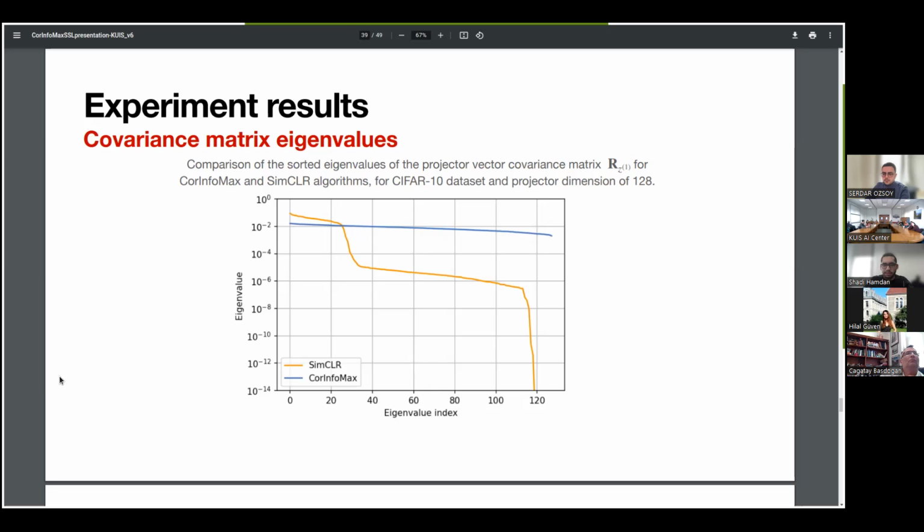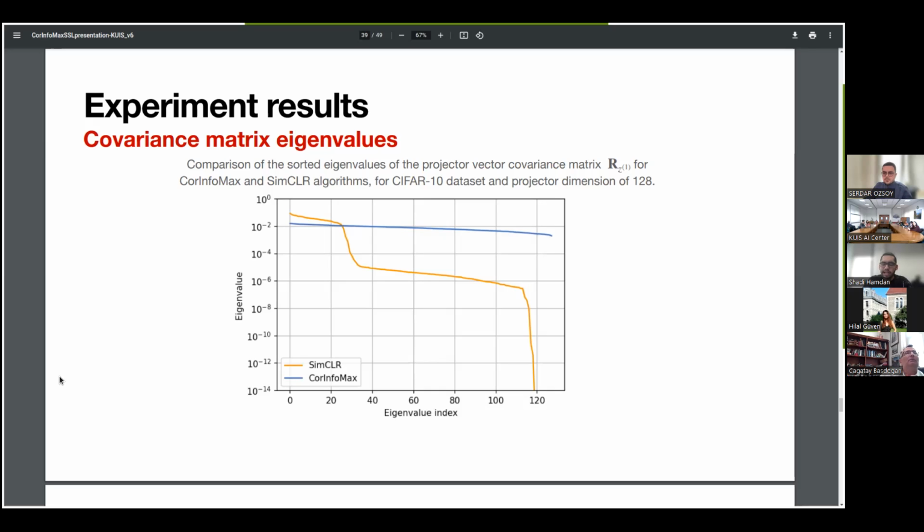Sure, Shadi, I might have missed some parts of it, but if you don't use all the eigenvalues, and only use a subset of them, this is an ordered list of eigenvalues, I guess, right? Is it? That's right, yes. So if you just use a subset of it, how much accuracy do you get? If I take the yellow one and use the eigenvalues up to 20, do I get a highly accurate result as well, or not?